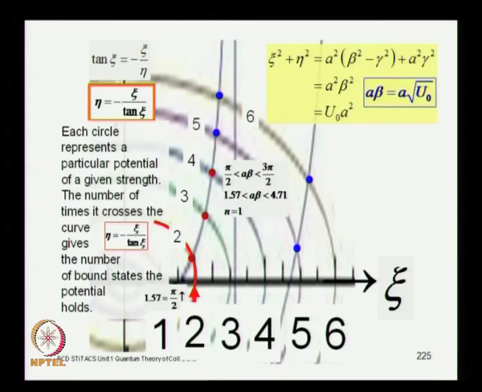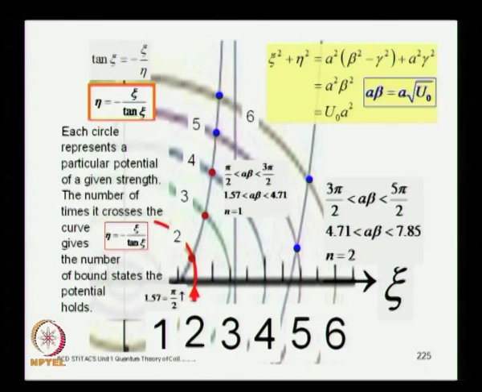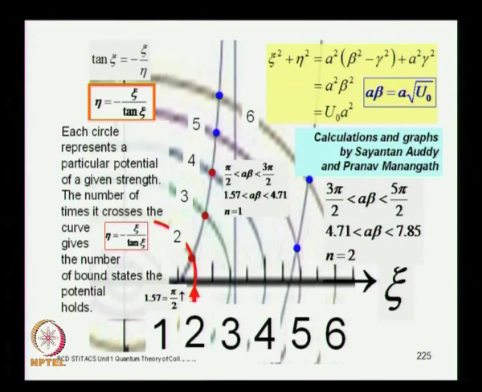Okay? And it will remain the same number till you get to 5 pi by 2. When you cross 5 pi by 2, then you will get the next bound state, because we have seen that at pi by 2 you get a resonant bound state. Every time you get pi by 2, 3 pi by 2, 5 pi by 2, you get resonant bound states. This is what we have seen earlier. So, in this range from 3 pi by 2 to 5 pi by 2, you get 2 bound states,